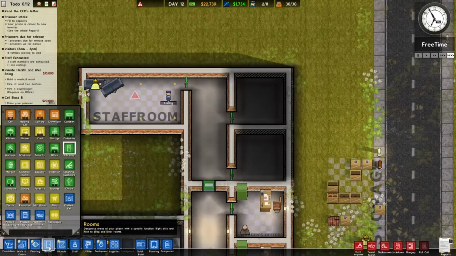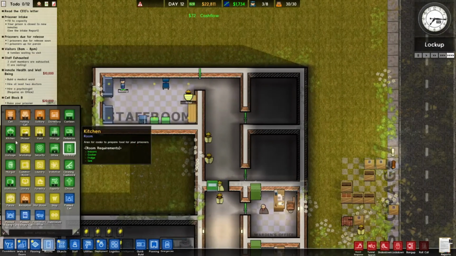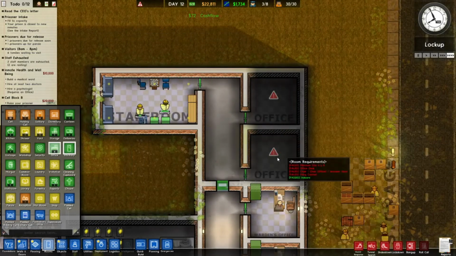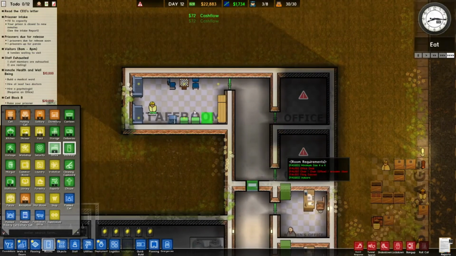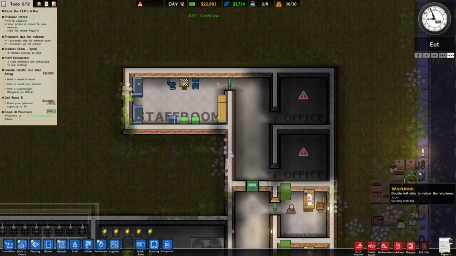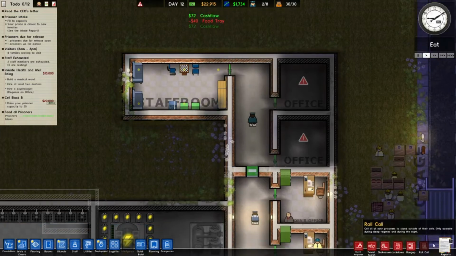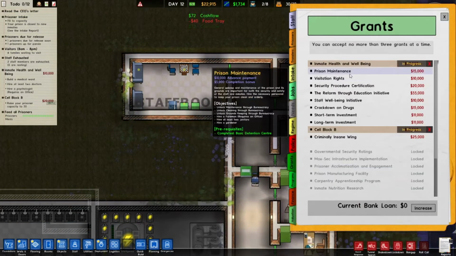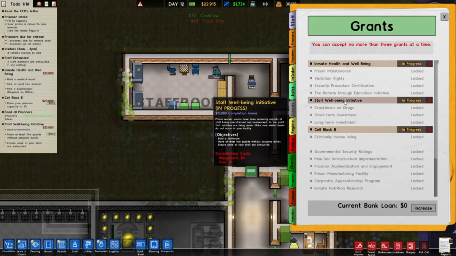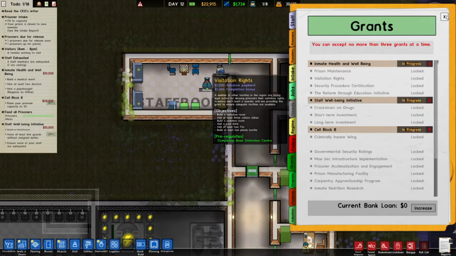And that's perfectly fine. So when we're actually in this section here, let's just get our officers connected up there straight away, and we've actually got a staff area pretty much sorted. Actually, I'm just wondering if there's a grant here. There we go. We can actually get this one here. Okay, and we then actually